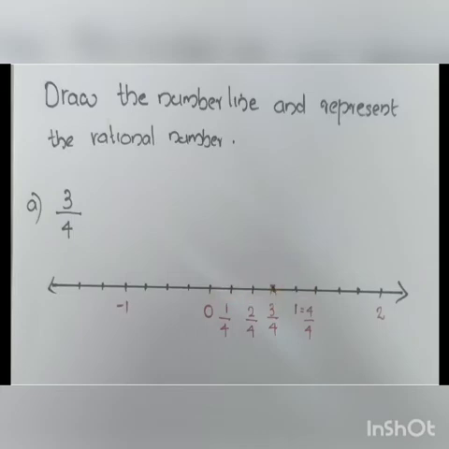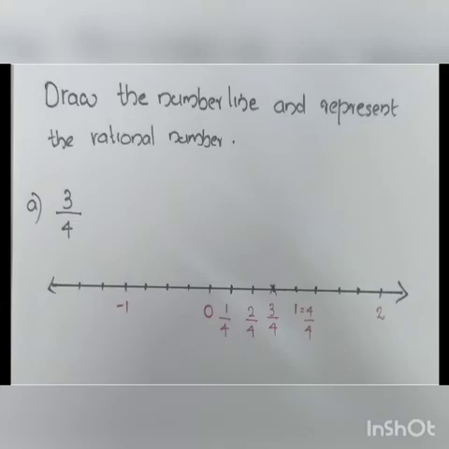So, each part will be 1 by 4, 2 by 4, 3 by 4 and 4 by 4. What is 4 by 4? Whole. That is equal to 1. So, what we did? The distance 0 to 1, I divided into 4 equal units. Why did I take 4? Because in the given fraction, the denominator is 4. So, into that many units I divided, and then I can get the required fraction 3 by 4. If you get a proper fraction, you have to consider the distance 0 to 1.